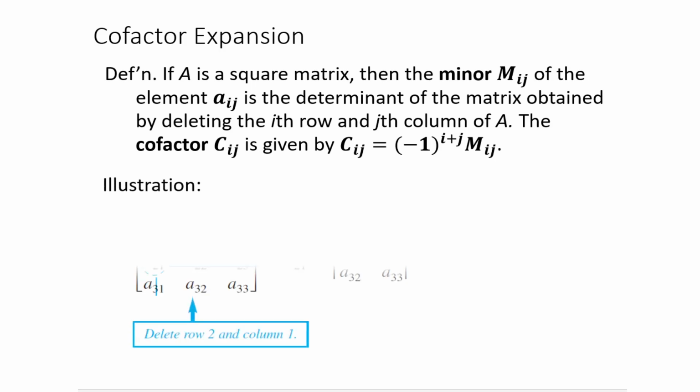For example, if A is a 3 by 3 matrix, then the minor of A sub 21 is this. So we delete row 2